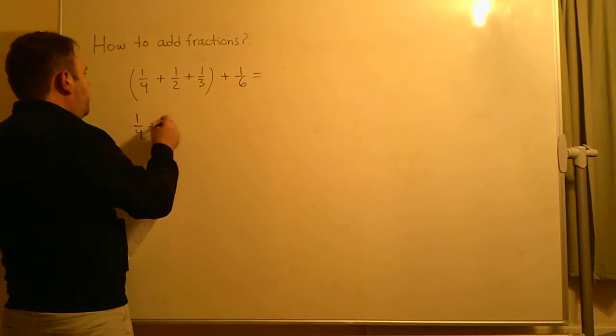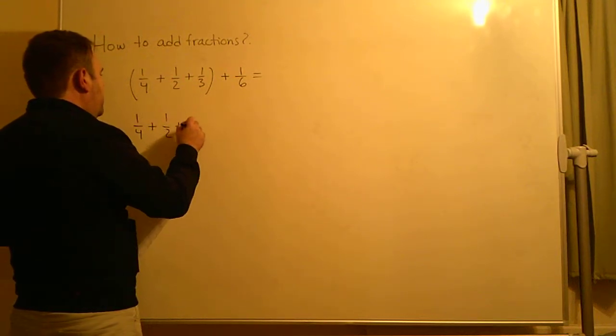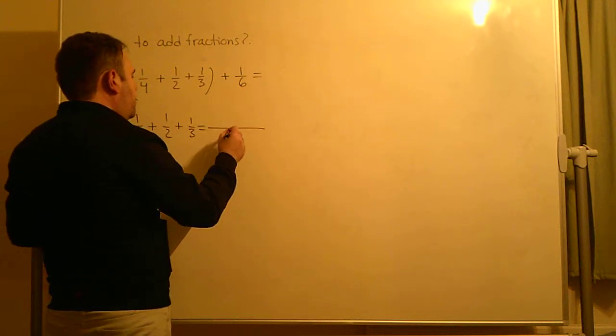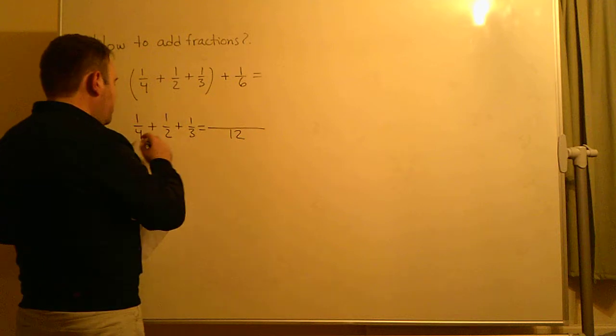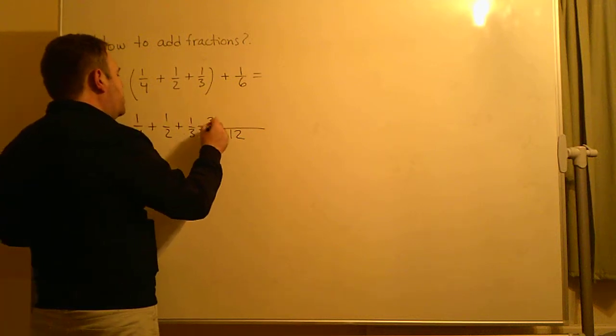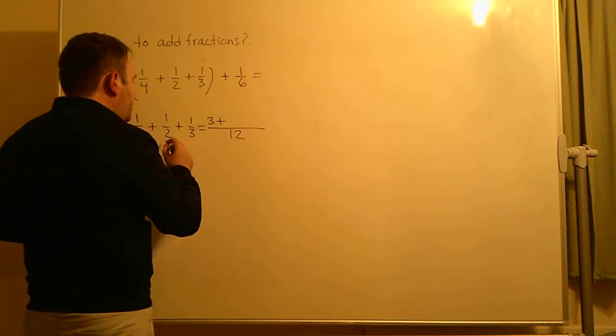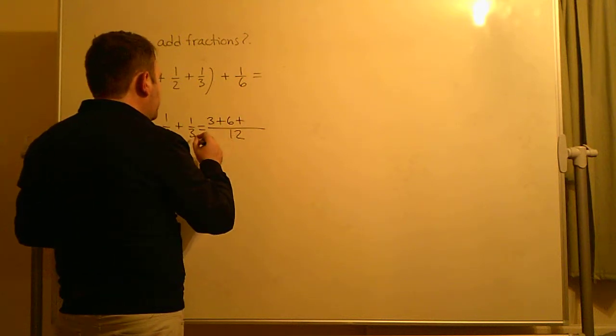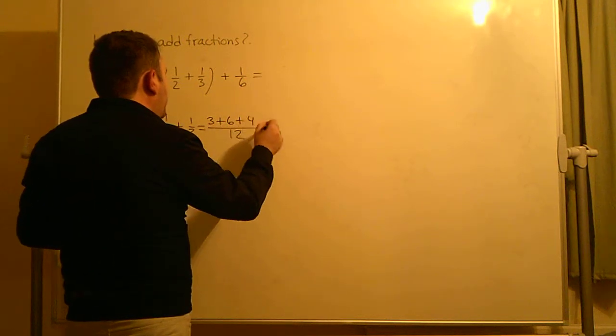So we add up the numbers between the brackets. So once again, the least common multiple will be 12. 12 divided by 4 is 3, times 1 is 3, plus 12 divided by 2 is 6, times 1, 6, plus 12 divided by 3 is 4, times 1, 4, and then we will have